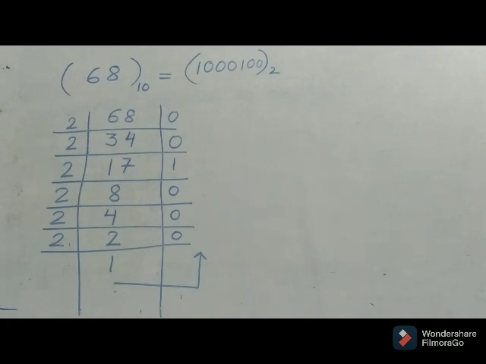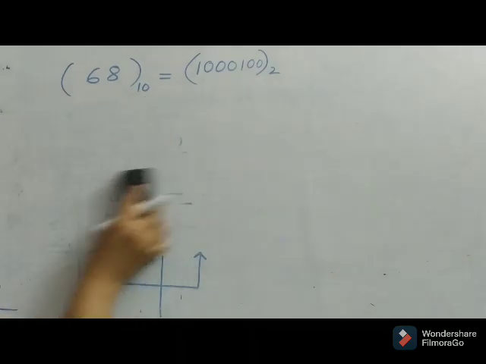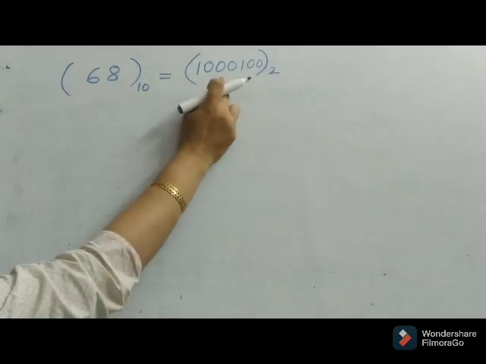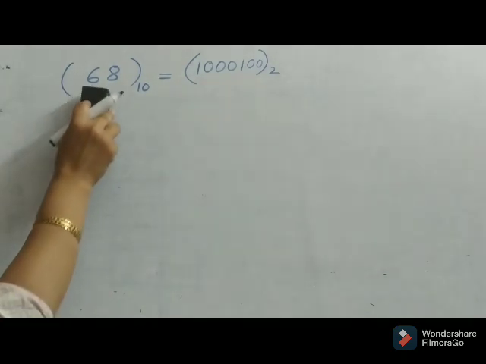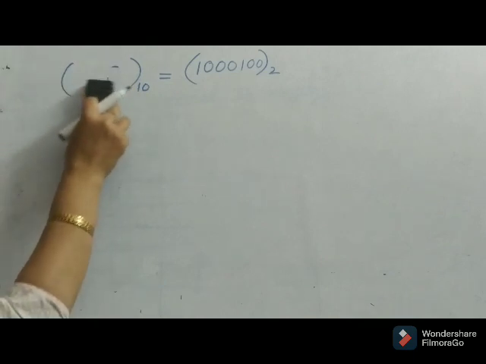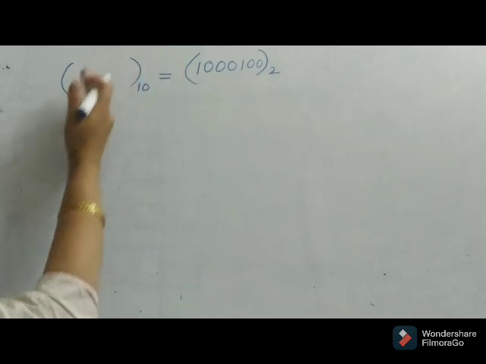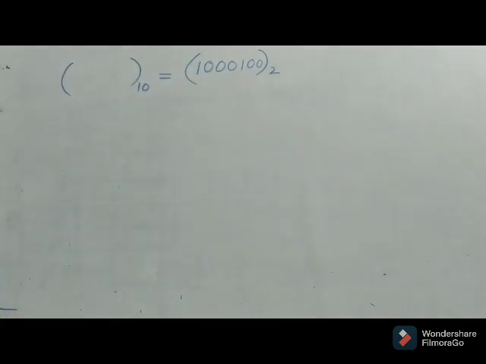Now this was converting decimal to a binary number. Now let's see it in the vice versa case. We are not going to divide. We are going to convert a binary number to a decimal number. So I'll take the same example which I already have. I have a binary number and I need to convert it into a decimal number, and you remember that this number is 68. So we'll see whether we get 68 out of this binary number.